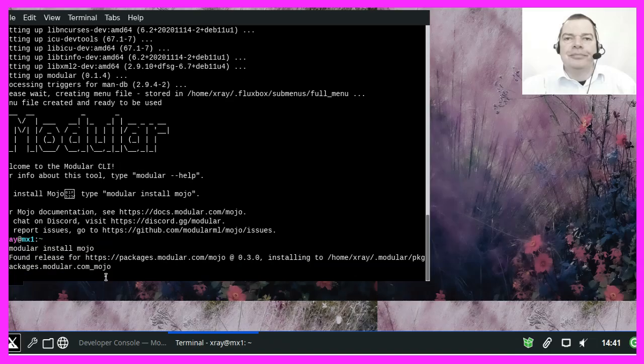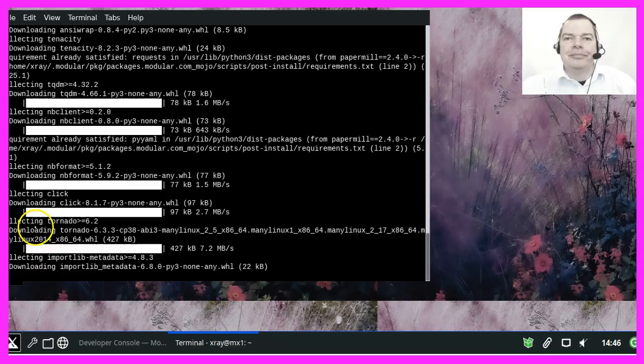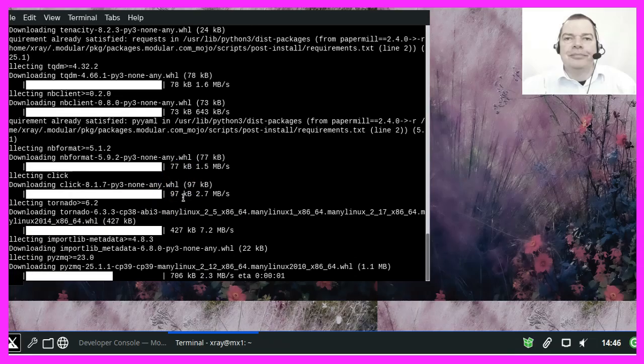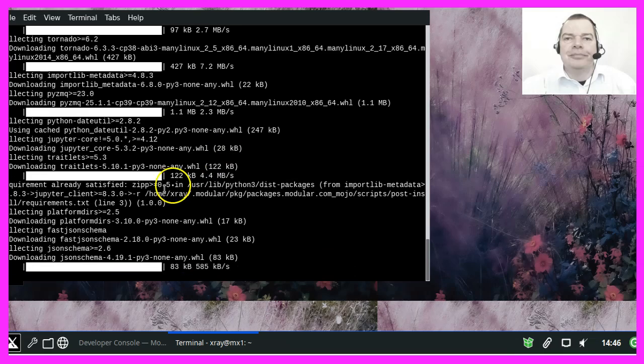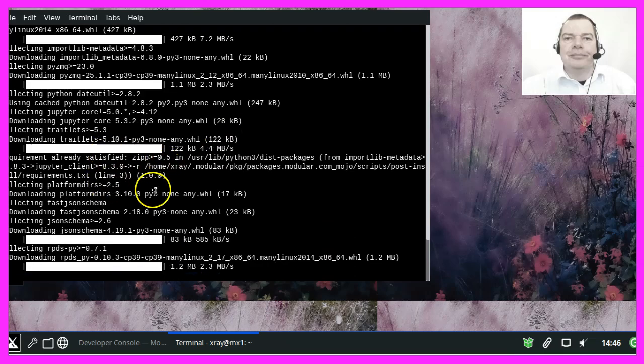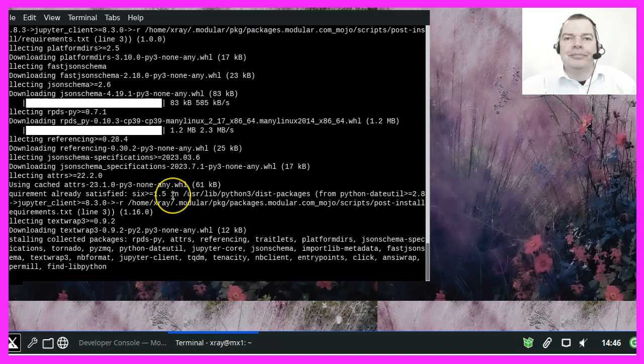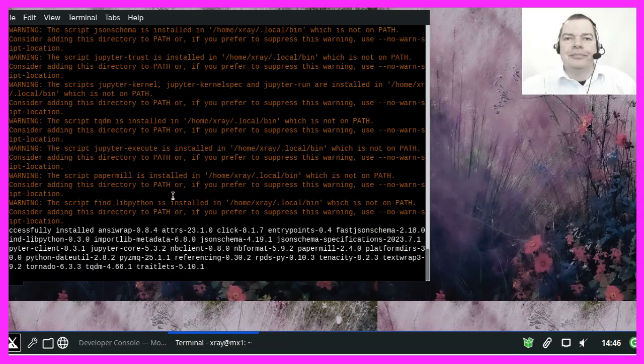And it looks like it's installing a version 0.3, which seems to be a pre-release. This seems to take much longer. One of the reasons might be that there are thousands of people who heard that Mojo just came out. Okay, after about 5 minutes of doing nothing, it now starts to continue with the installation. So you might need to have some patience.